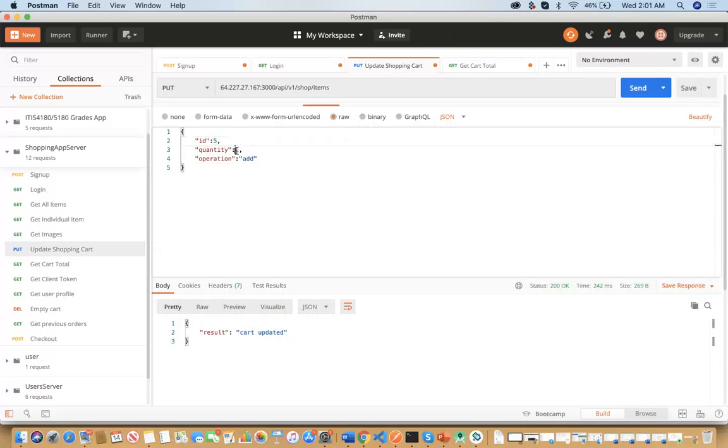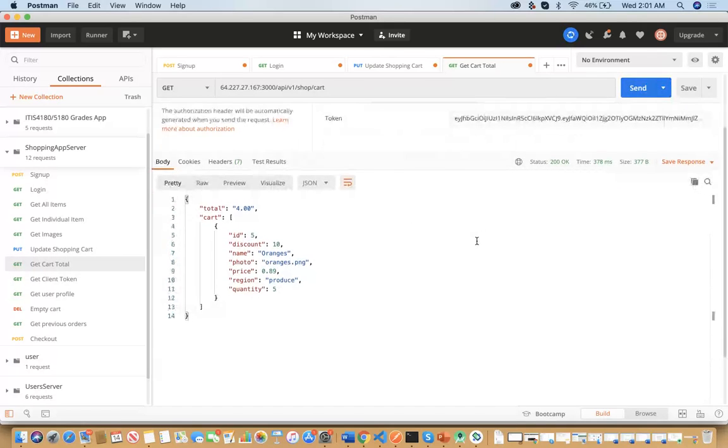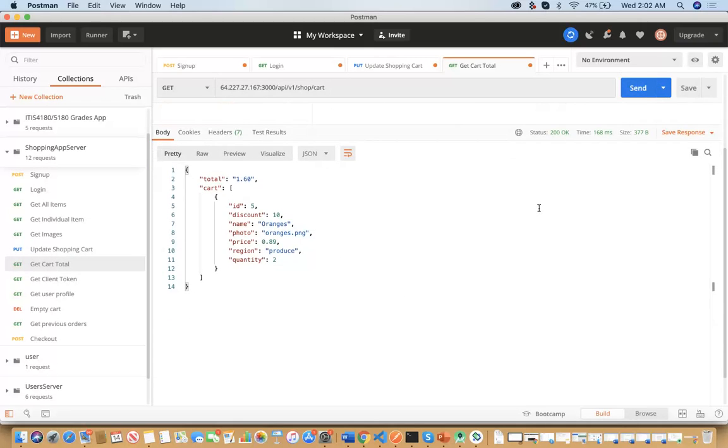Now let's say we again want to add item 5 with quantity 4, and we send the request. Now upon getting the cart total, you'll see that the total gets updated and the item 5 whole quantity became 5 in total. Next, if we want to remove three items, we want to remove the three quantity from the item 5 from the cart, and we send a request and we check our cart to see the progress. Now you can see that item 5 will have only quantity 2 that is left.